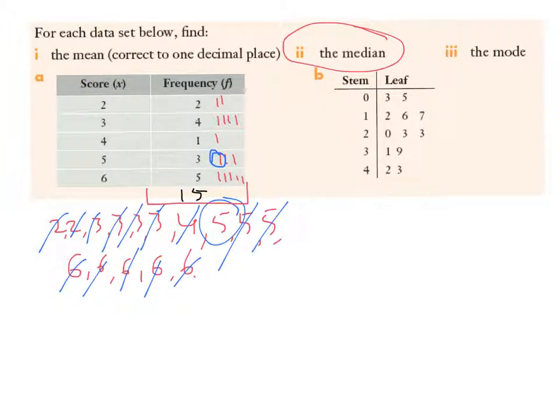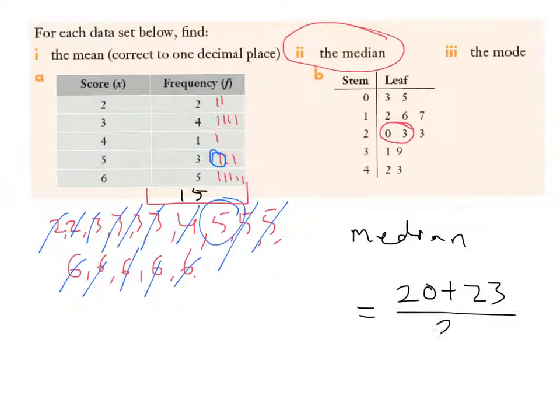Now, I would do that by counting 1, 2, 3, 4, 5, 6, and 7 are our combined median, which means that our median for this answer will be equal to, and it's not halfway between 0 and 3, it's halfway between 20 and 23. I'll let you work that out by yourselves. And sorry, for question A, the median was equal to